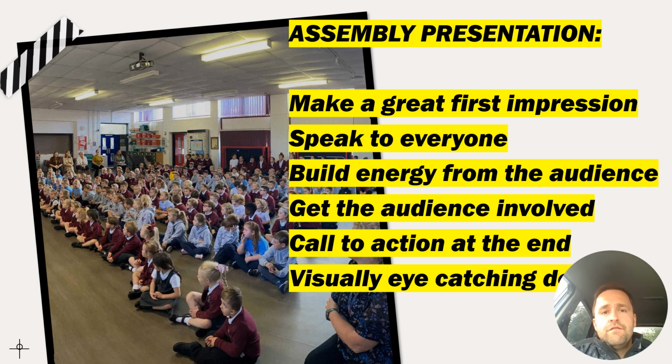I've stood up in front of 500-600 juniors now, children in a primary school. It doesn't get any easier, but you learn to manage it and get on top of things. There's some keys to delivering an assembly. You are going to be at the front on your own, presenting to a lot of children. That's your time. The floor is yours to sell golf, really, to sell the benefits, to sell why people